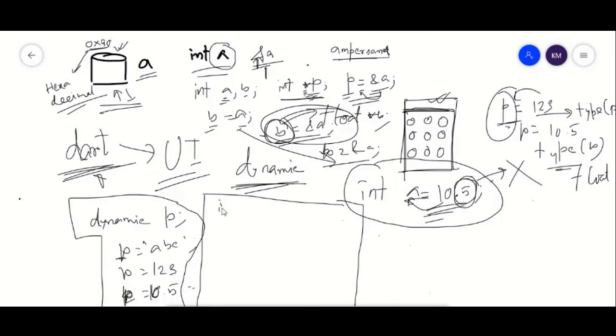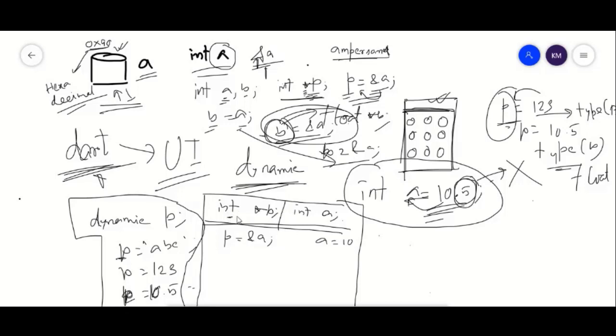Suppose you have declared int star P and another variable int A. What will happen if I write something different? Suppose I write P equals ampersand A, and A equals 10. Let me show you.